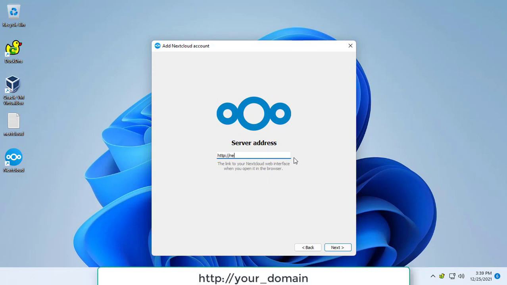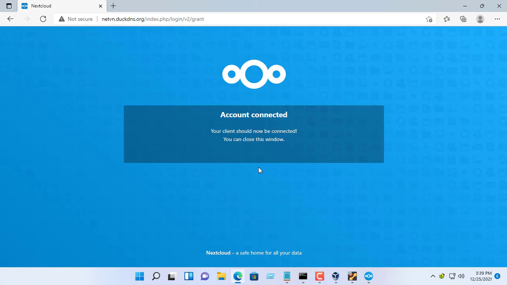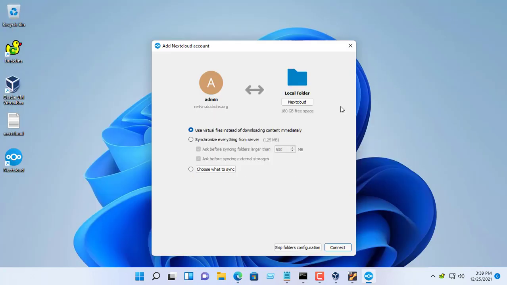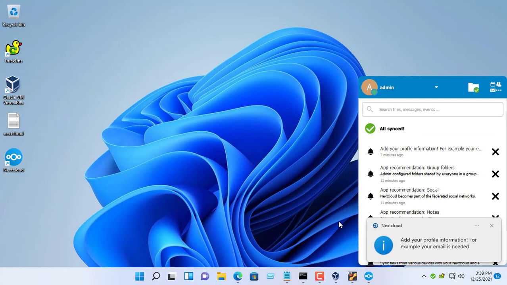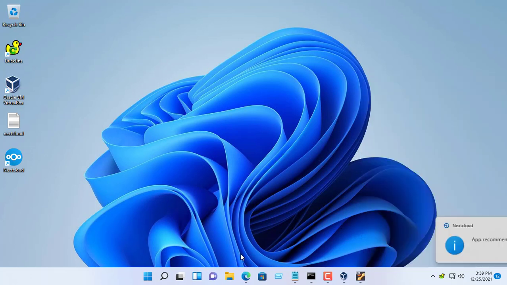Enter your domain name correctly. You have successfully connected to your cloud storage server from the internet.